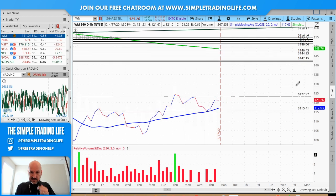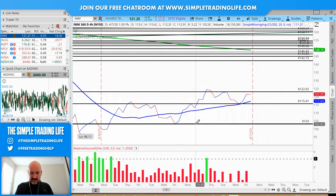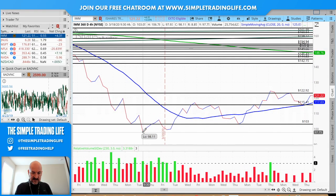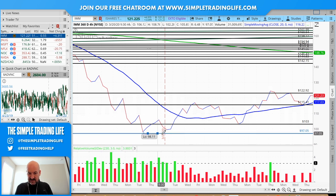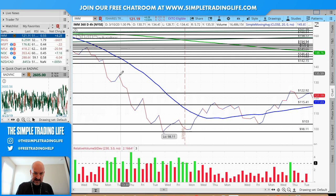Go back to my line chart so we can get these drawn in. Okay, this is going to be too small. We already have a line here, but we want one here, 103.07. Okay, that's good enough for me. And this one's kind of close to here. This is a sharp pivot anyway, and a bigger move, 98.11. That's the low. Whoops. Move it up, 98.11. Okay, we got that. And then right here,